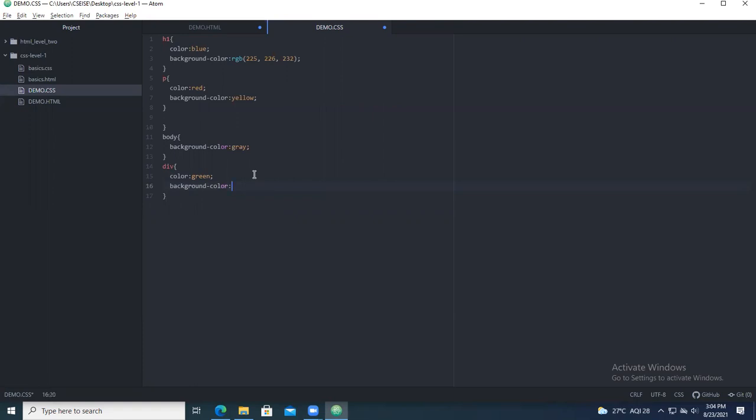For background color, you can take something called RGB. Okay. So under RGB, you give 255, 64, comma 2. So semicolon. Next, background color is given. Now you can have border for that. So how to give? You take it as border colon.